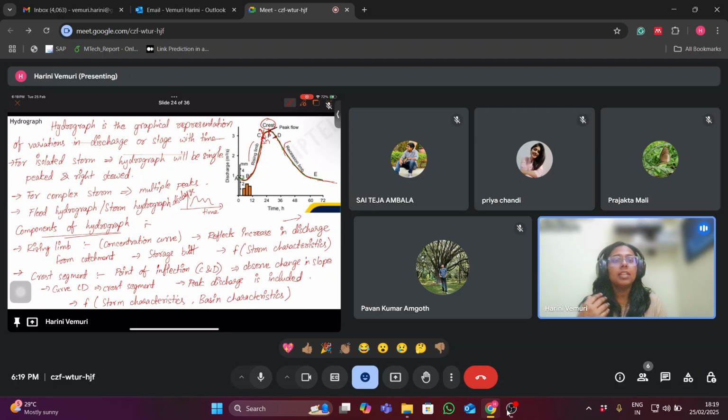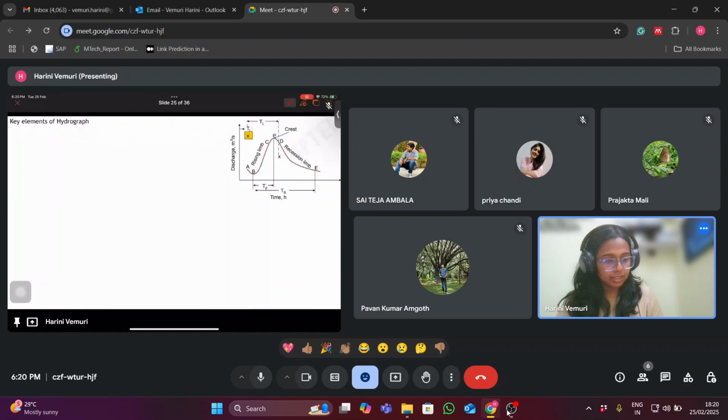Okay, so we will observe a high peak. But in the case of forest areas, there will be a lot of losses due to interception and also due to infiltration. So the peak will reduce because of the losses. That's why the crest segment will always be a function of the storm characteristics as well as the basin characteristics. Now coming to the third component of the hydrograph,